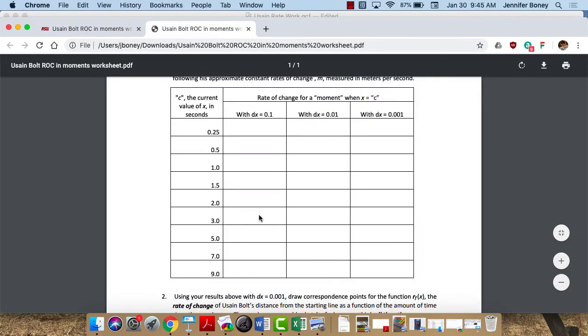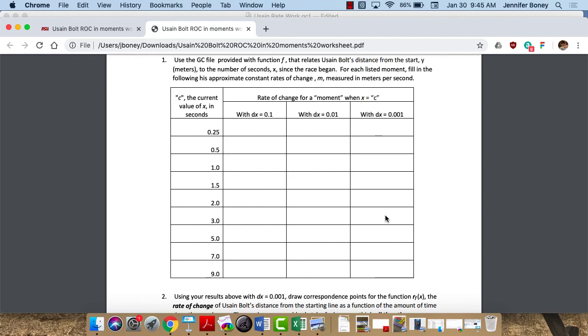So what we just did is when dx is 0.1, that was that 10.828 number. With dx is 0.01, I forget what that was, 10.79 something. And with dx is 0.001, meaning looking from time 3 to time 3.001 seconds, we have this 10.7 repeating sort of thing. So using that GC file, what I'd like you to do is go back and do the rest